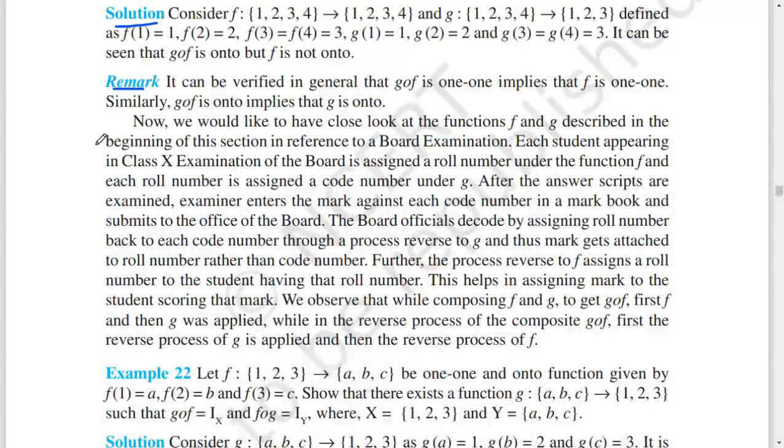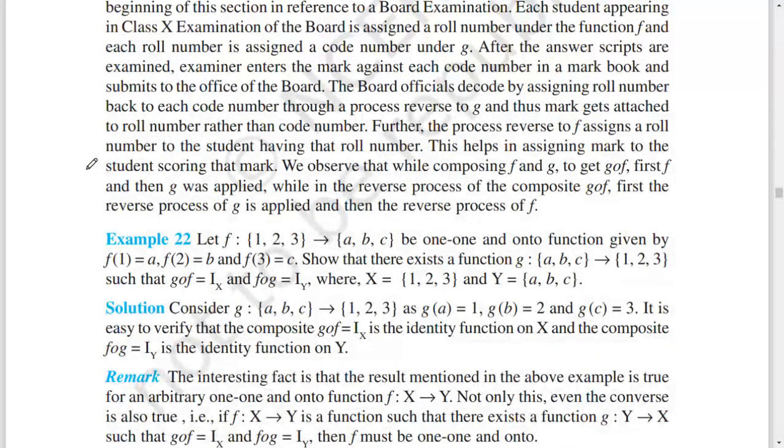The board officials decode by assigning the roll number back to each code number through a process reverse to g, and thus marks get attached to roll numbers rather than code numbers. Further, the process reverse to f assigns a roll number to the student having that roll number. This helps in assigning marks to the